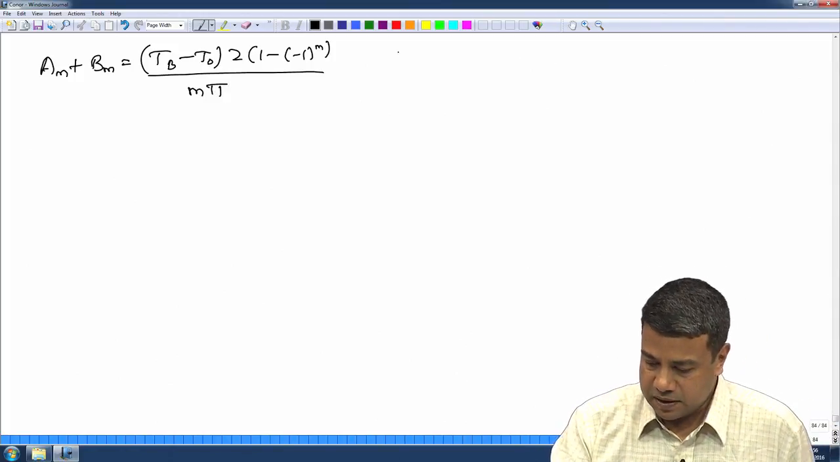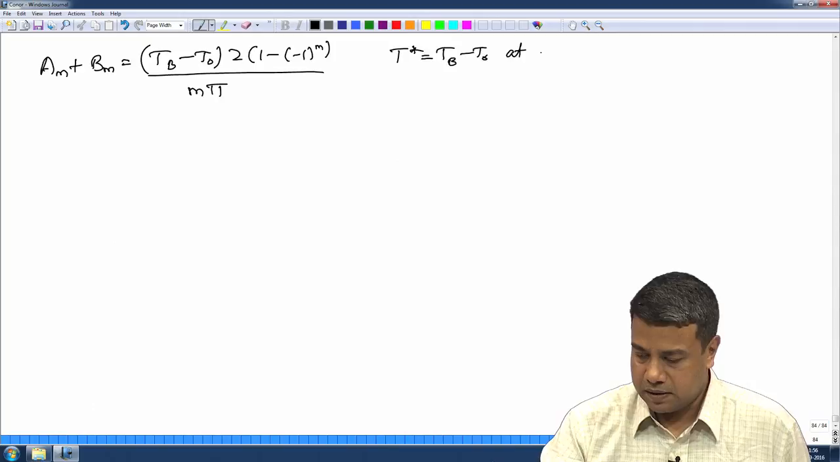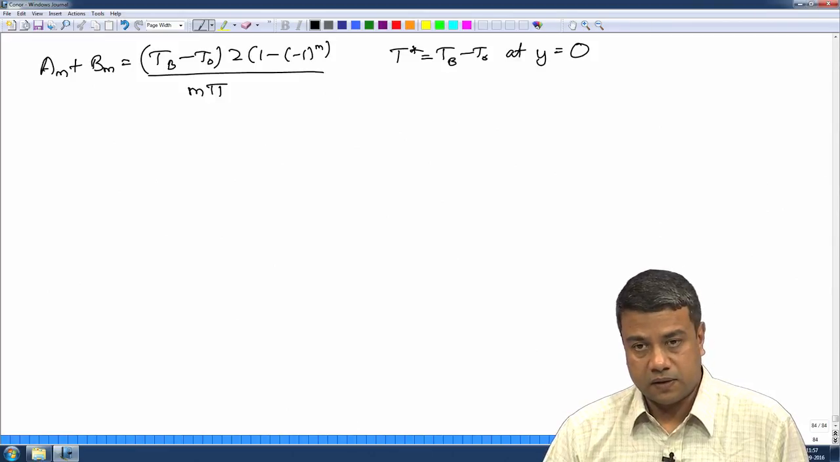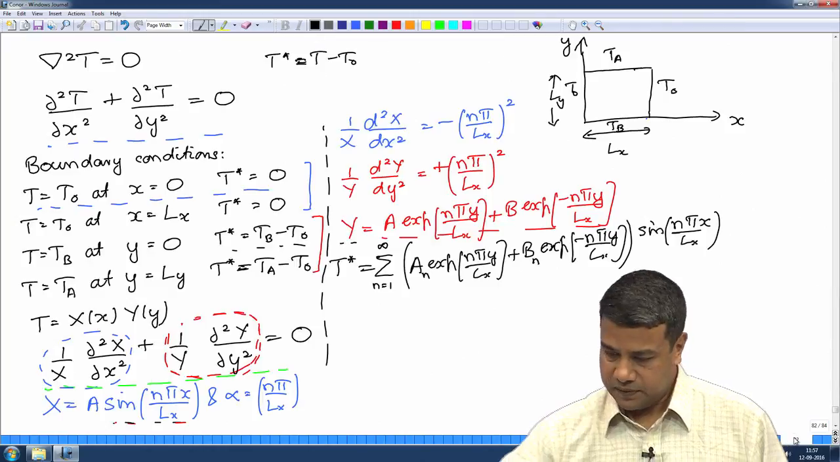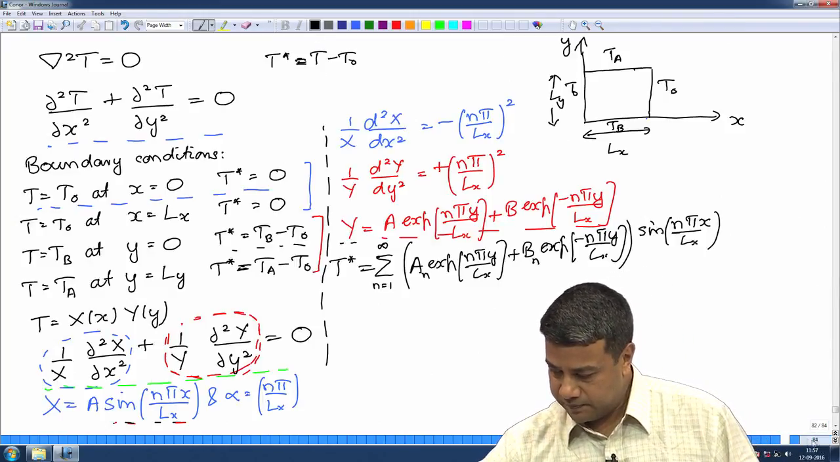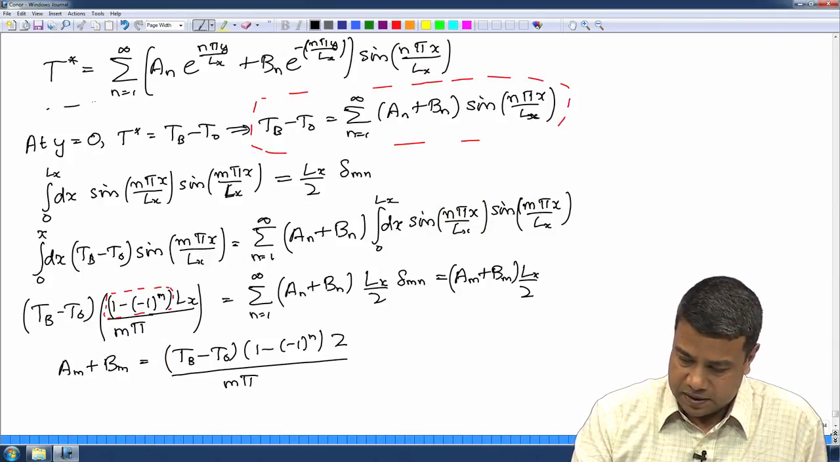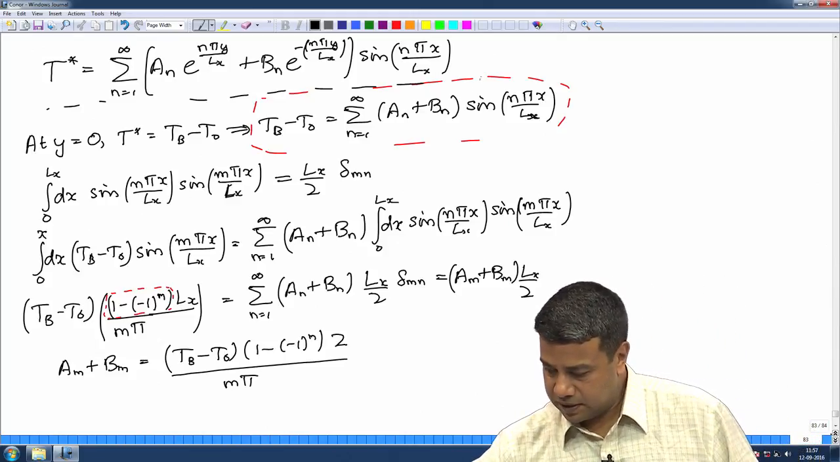This was from the boundary condition T star is equal to Tb minus T naught at y equals 0. I have one more boundary condition, the boundary condition at y is equal to Ly. So, I have to impose this boundary condition at y is equal to Ly. The same boundary condition at y is equal to Ly, and if I do that, what I will get is